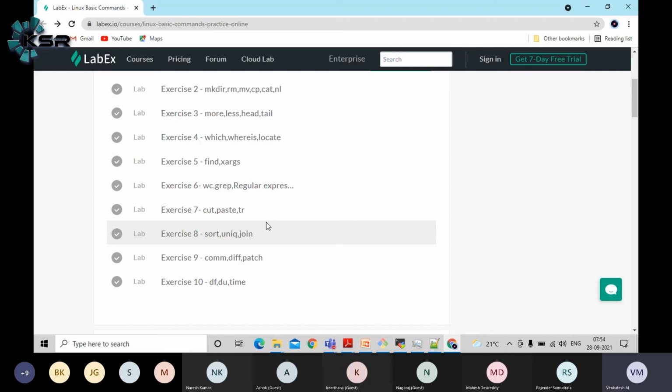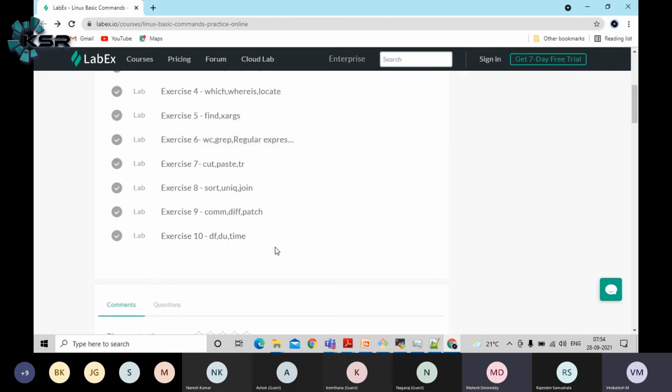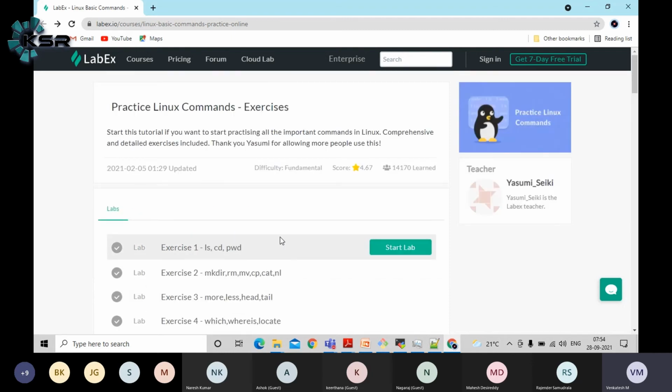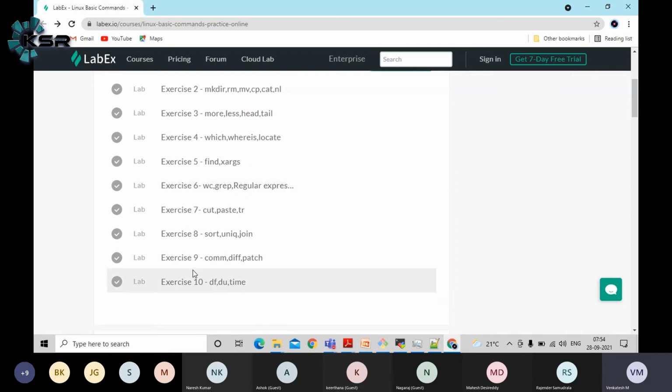When you start anything on Linux systems, if you don't know all these commands, it will be a little bit slow. For each command you would have to search in Google how to find a file, how to get the count, how to sort, something like that. To avoid that, please practice on this website, guys. They also give some instructions and an abbreviation for each command. Just learn up to here. This should be enough as of now.